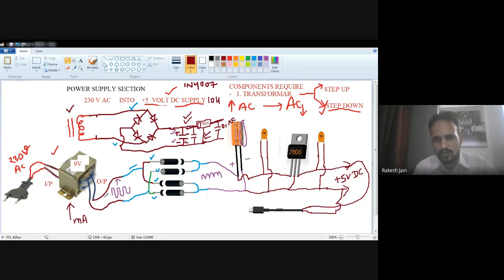Okay. So I hope you understand this total circuitry and how to make a power supply for any project you want to build. Let's suppose instead of this 5 volt DC, you require a 9 volt DC. Then what change do you have to make? I just remove this charging cable because it is just an example.